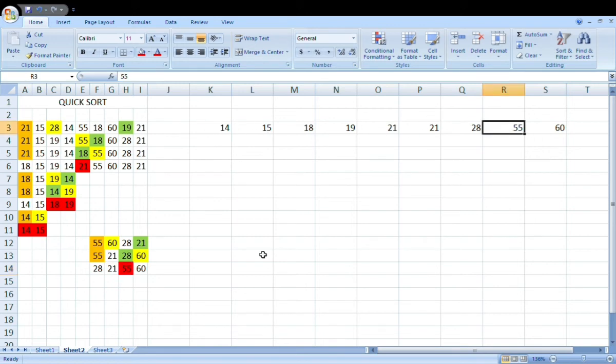Okay, now it will try to sort. Now we have to sort these two and this one, because there is only one value left on the right side, it is considered as sorted. So this is also done. Okay, now these two have to be sorted. Previously, if you see, it came like this, 14, 15. Luckily it came in such a way that it's already sorted.